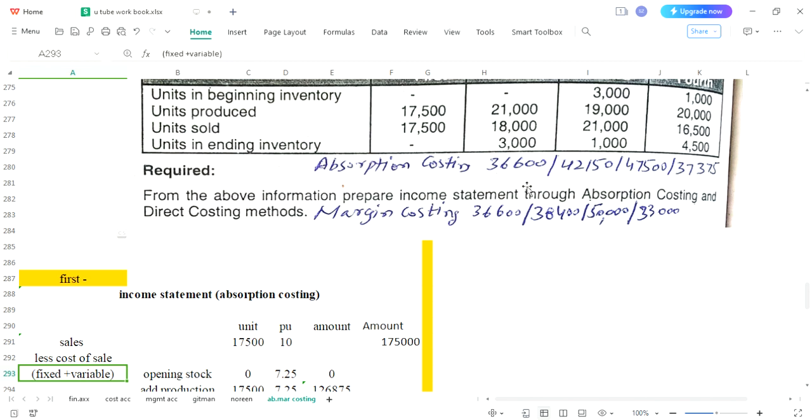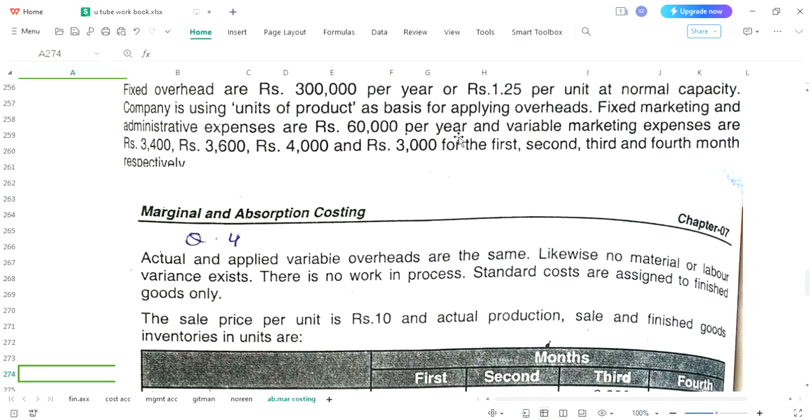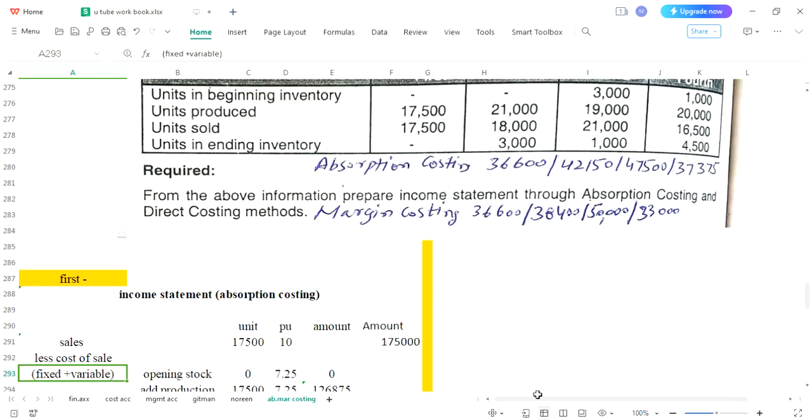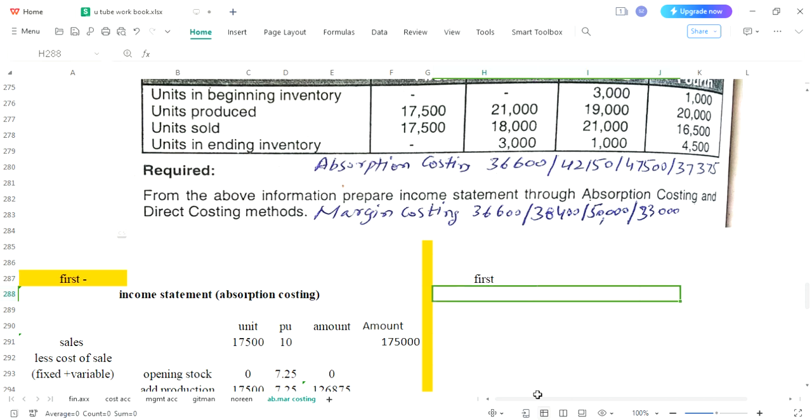This was in your part A lecture, and now we are starting marginal costing, and we will be making 4 different statements as we are involved in 4 time periods. Per month is given over here. So let's start. We are going to make our first statement over here, and this would be the income statement